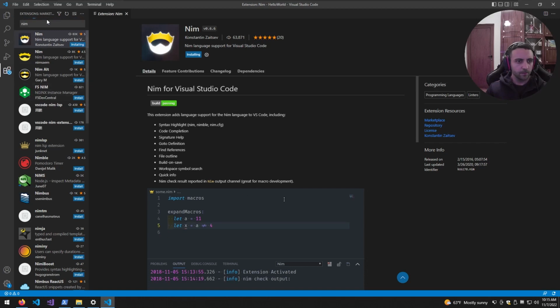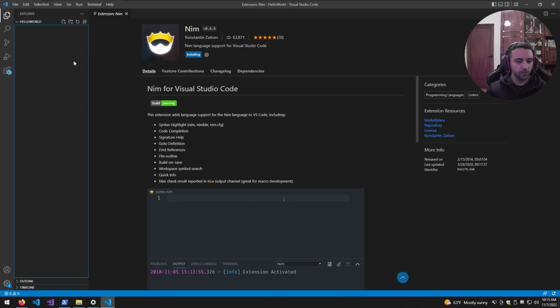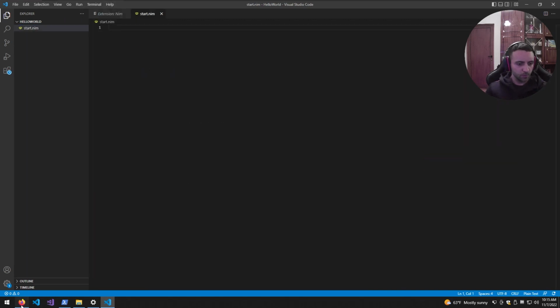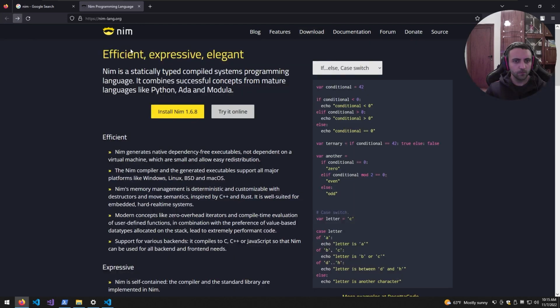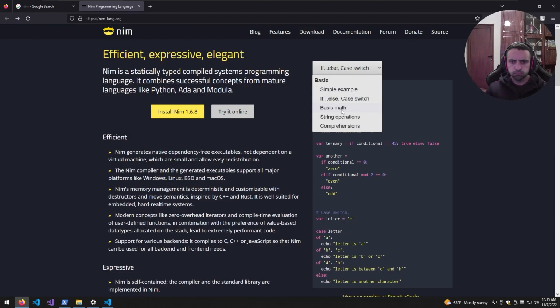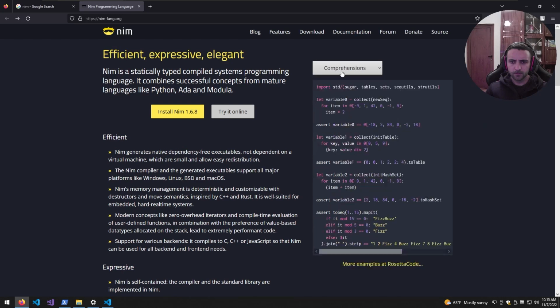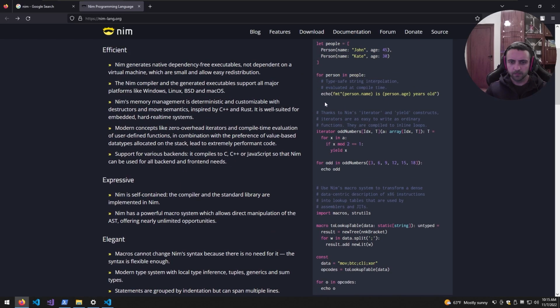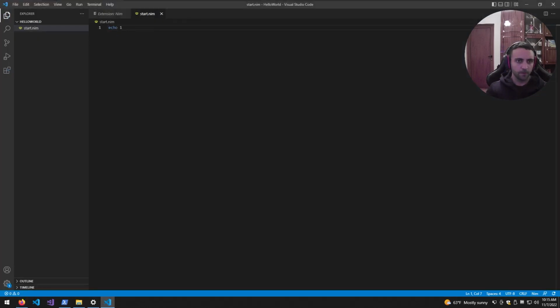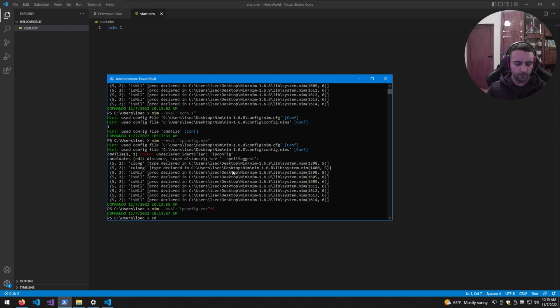All right, it's been installing. Let's go to the Explorer and make a new file. Let's call it start.nim. Good. So first question, since we're compiling, do we need to define some kind of main method? So, basic math. I'm not seeing a main method. All right. So let's try with a simple one. Let's do something like equals one. And if I do cd nim